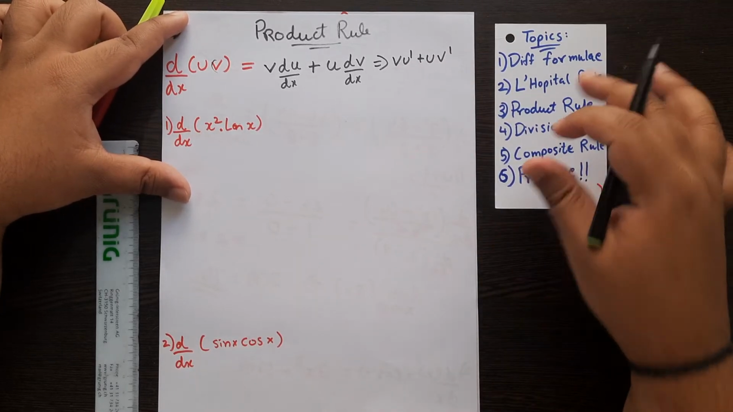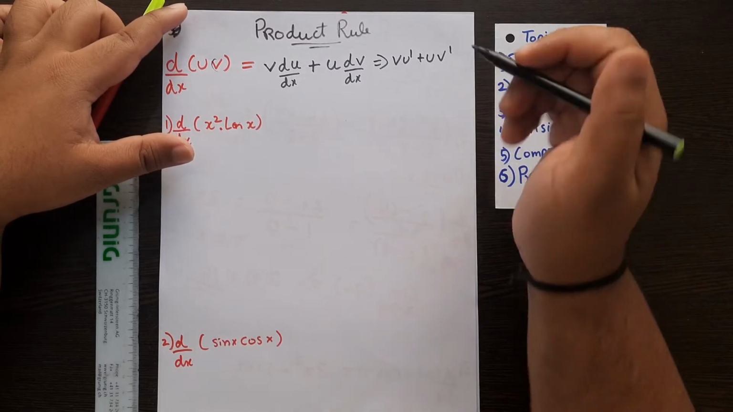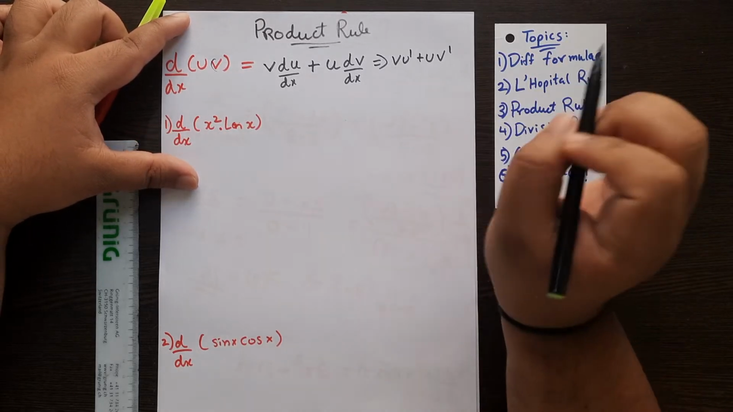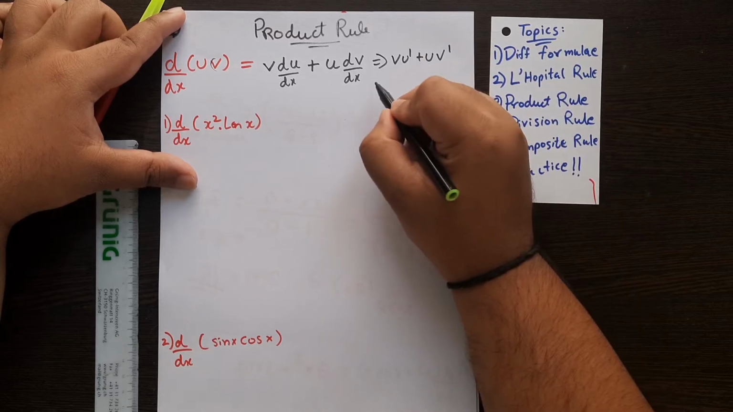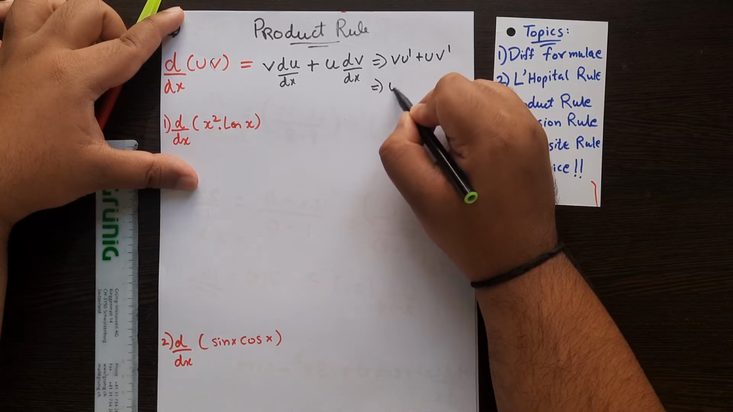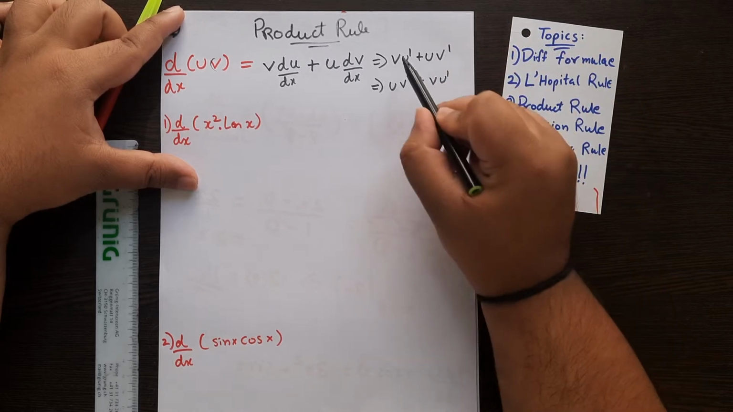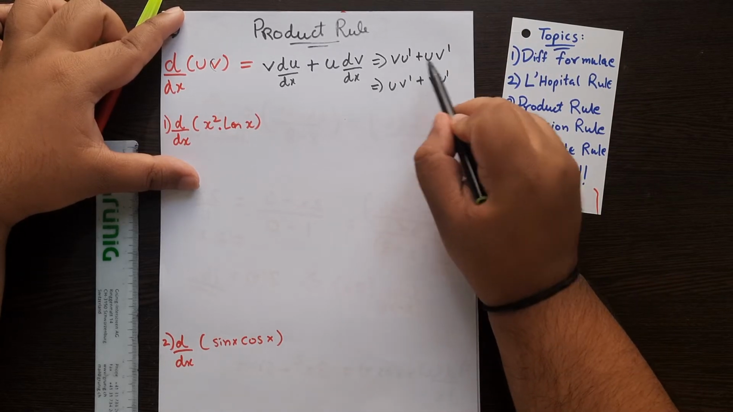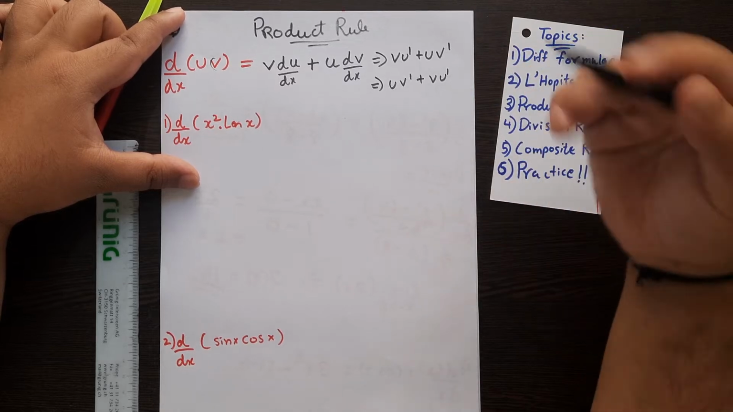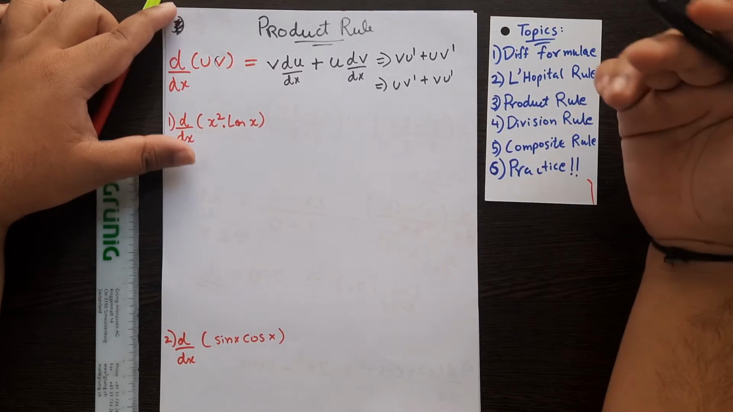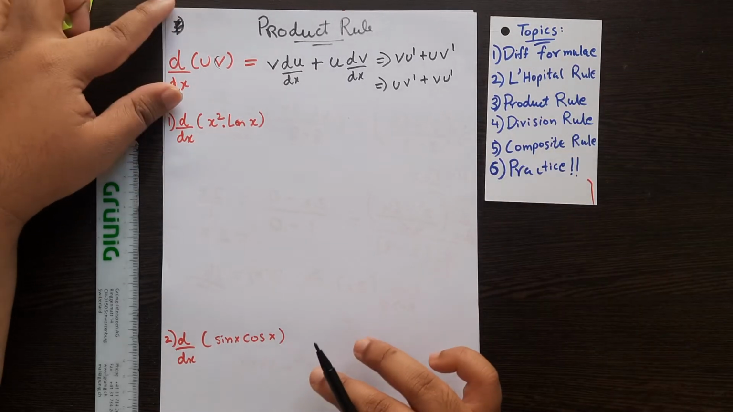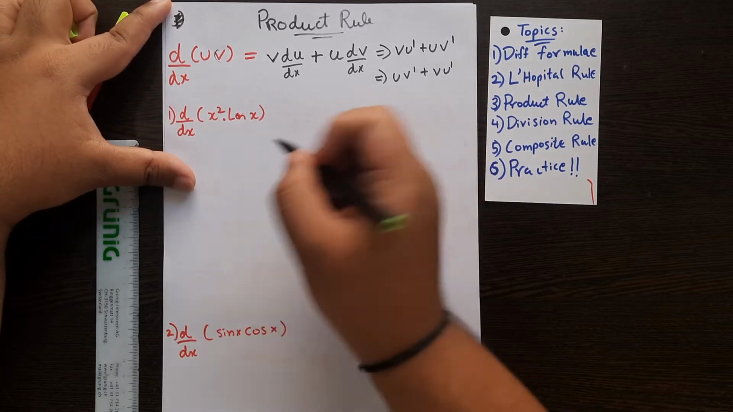Now to make it simpler so that you can understand it later on, this is the best way to write it. Sometimes people will also write it as uv dash plus vu dash. Both are interchangeable. It is best to remember it where we keep v u dash plus u v dash because it's simple to remember the differential formula, division rule, which I'll be talking about next. Okay, so I'll first explain this with a few